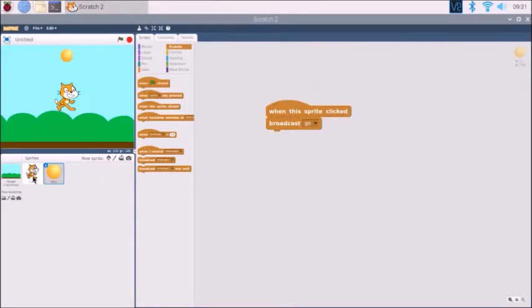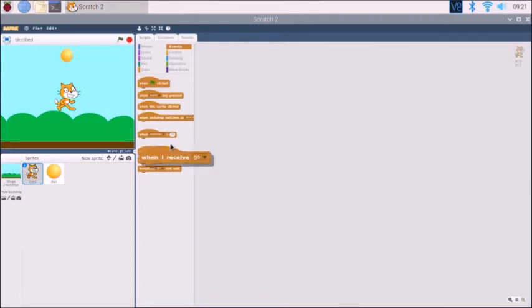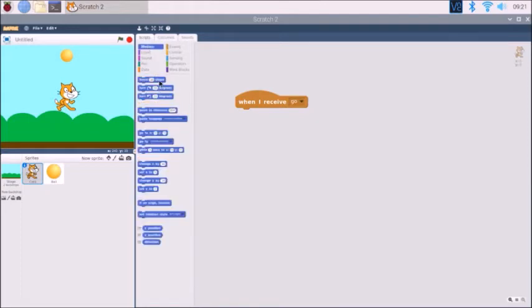Now choose the other sprite, cat. So we want this cat to move 100 steps when it receives the message go. So we choose the block when I receive go. Next, we have to look for some block in the motion section here. Drag this block, move some number of steps. Click on the white box to enter the number of steps you want the sprite to move. So give 100. Each step is very small, so in order for the motion of the cat to be visible, we make the number of steps 100.